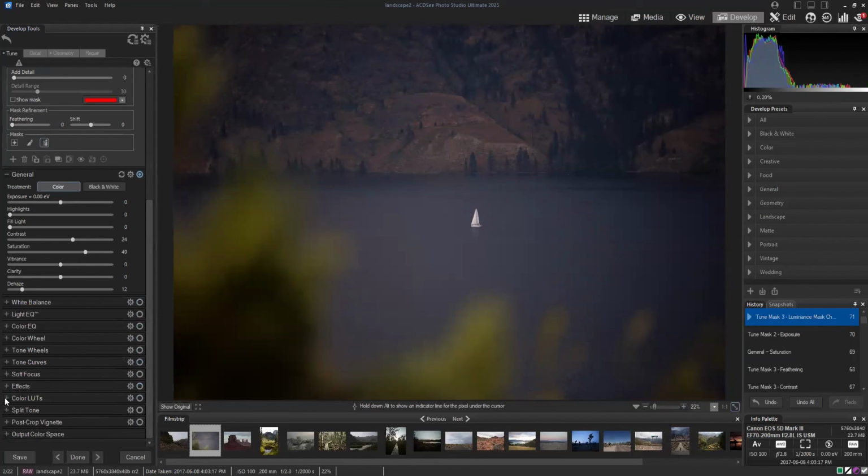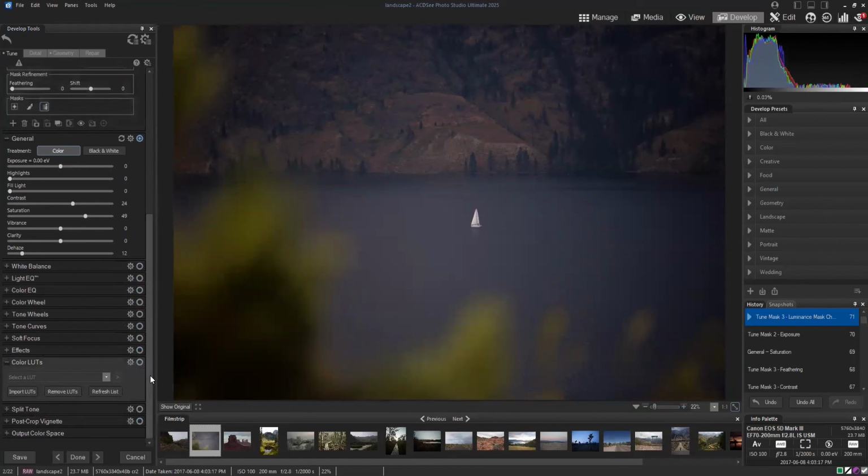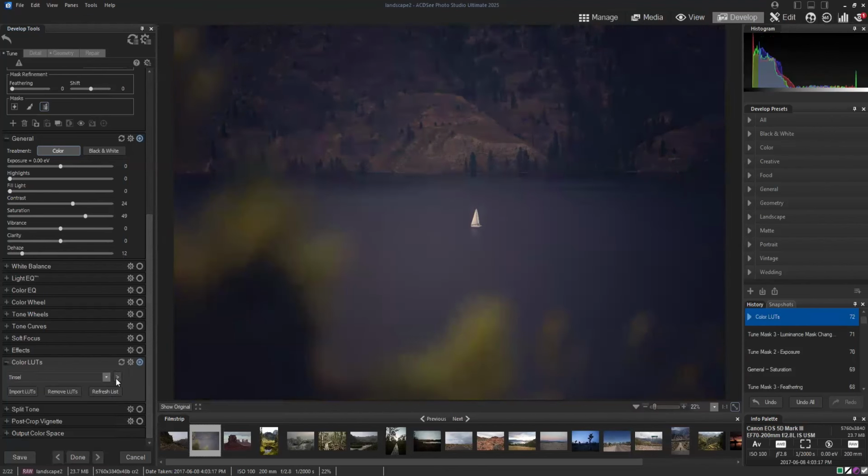Something that you don't have to do, but it can help to add a bit more of, because this photo is a moody photo, right? There's a lot of atmosphere to it. We can add some color LUTs, which will alter the color science of our photo completely. And as you can see,